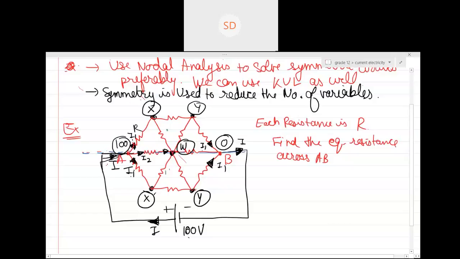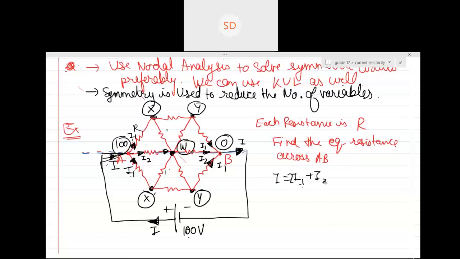Tell me this particular thing, what current should come through the middle part if the final thing has to be I, right? So can you see over here that this current should be still I2, right? So what will be I2 in terms of I1? There is one equation: I is equal to twice of I1 plus I2. So this is how I1 and I2 are related with each other. It should be I2 equals I minus 2I1. Yes, but for that you need to find out the net resistance. That is what you're finding.